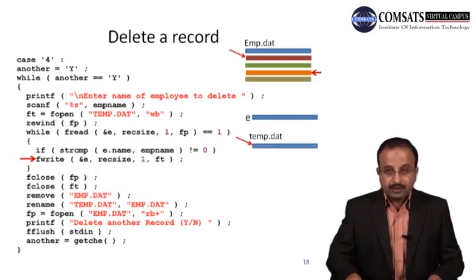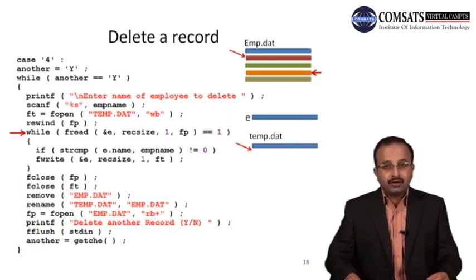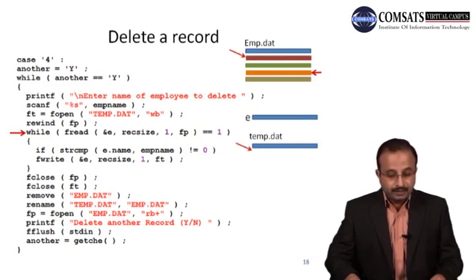So that record will be written at this position. After the record is written, the file pointer points to the end of the file. Then again you check the while condition. While fread: first read the record. When fread successfully reads a record, it will return 1. So when this fread is executed, it reads the record from fp, that is the file pointer,